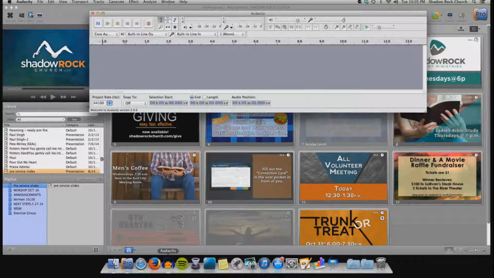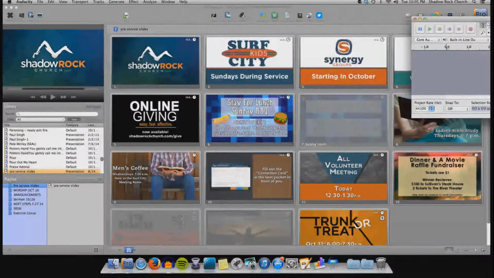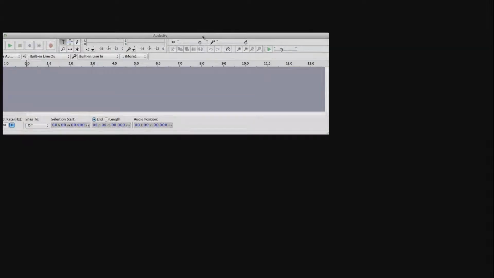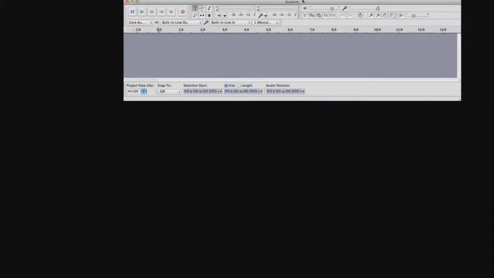So let me open up Audacity and let me see if I can drag this over onto the right screen. There we go. A little slow here. So we'll drag Audacity over,